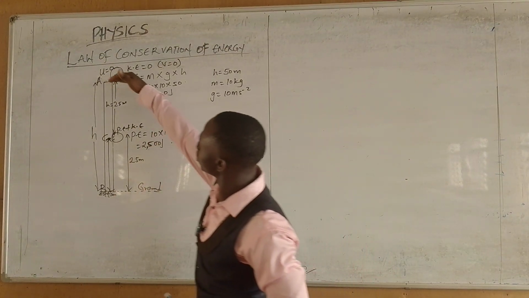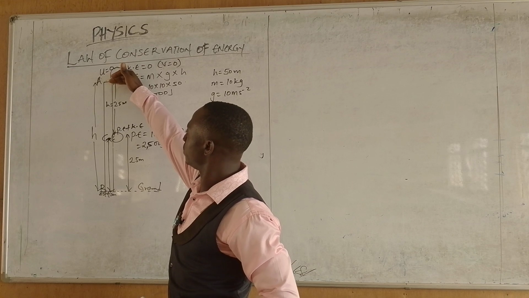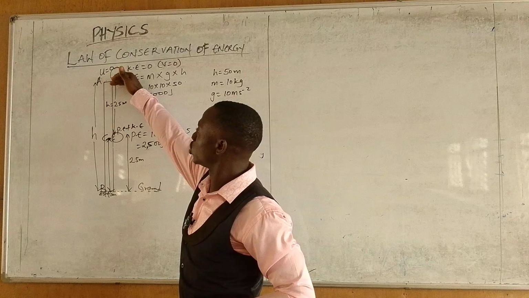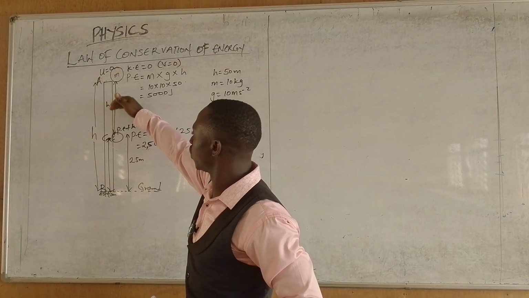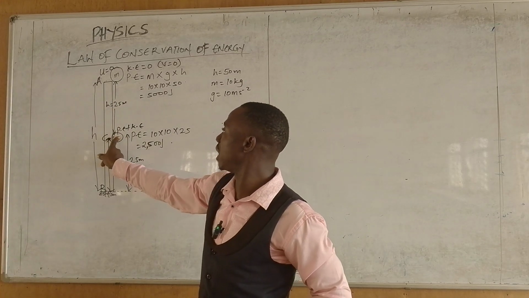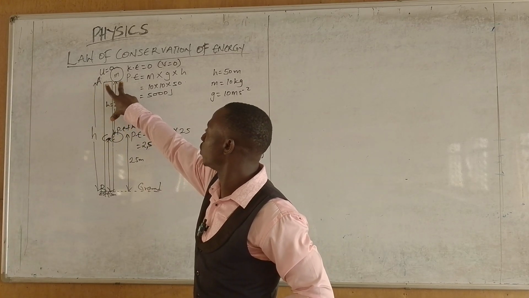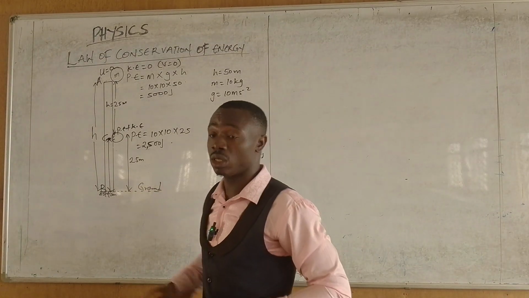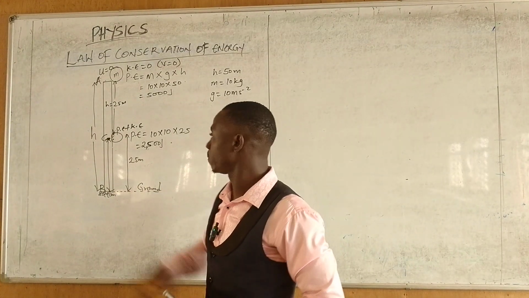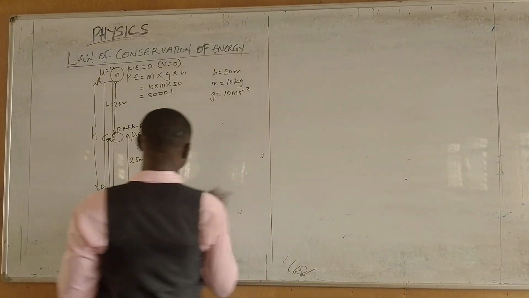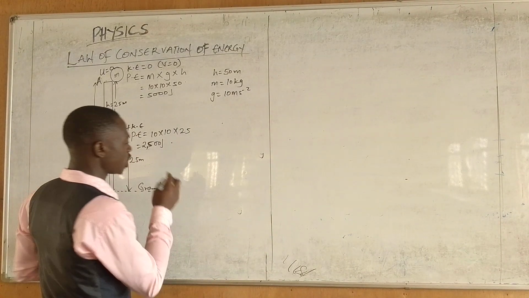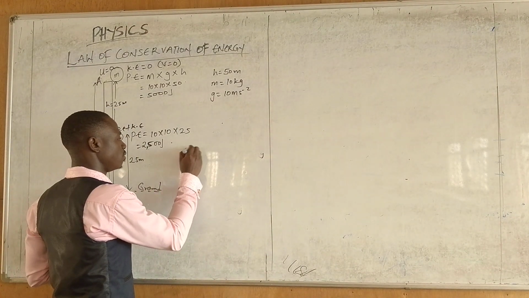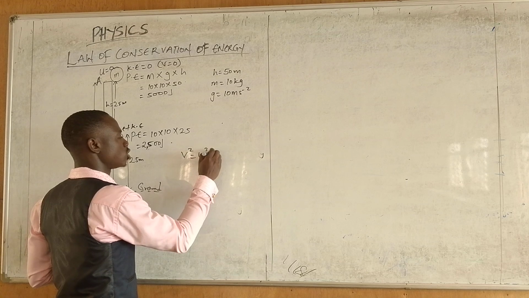But as the object is coming down, the speed begins to increase downward. So we must know the speed now after it has fallen 25 meters, and it's now also at 25 meters from the ground. So let us get the speed at this particular point. What is the formula for that? That should be the third equation of motion. V squared equals u squared plus